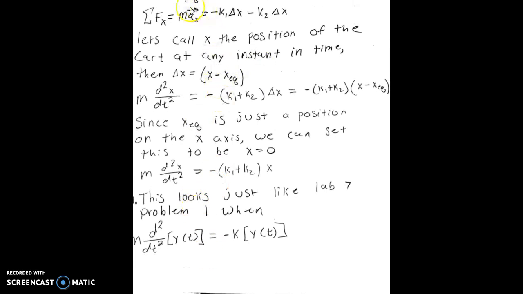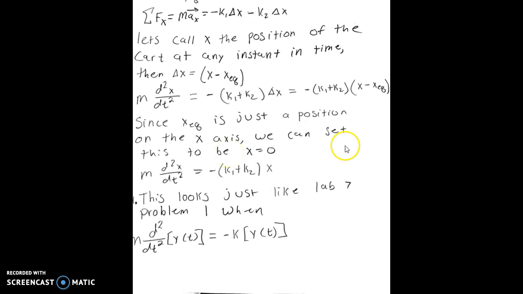Okay, so that means that the sum of the forces in the x direction equals mass times acceleration in the x direction, and that's going to be K1 times delta x minus K2 times delta x. And so let's say that delta x is just x minus the x at where the equilibrium was. So x is any position at any point in time, and if we subtract the equilibrium position from that position, that's delta x. So you can factor out the delta x, and that's going to leave you with minus K1 plus K2, and then replace the acceleration with d squared x dt squared. So you end up